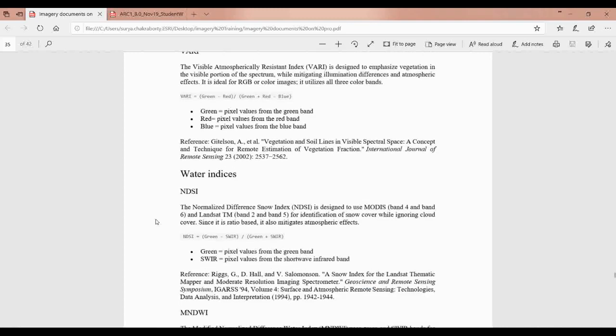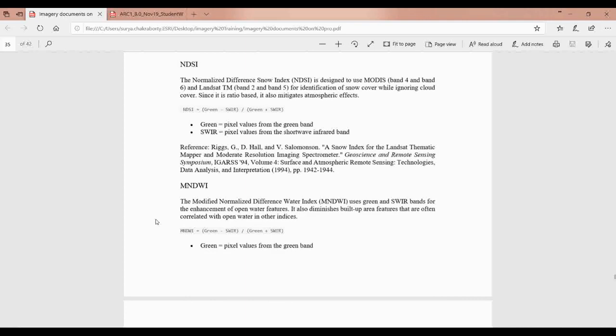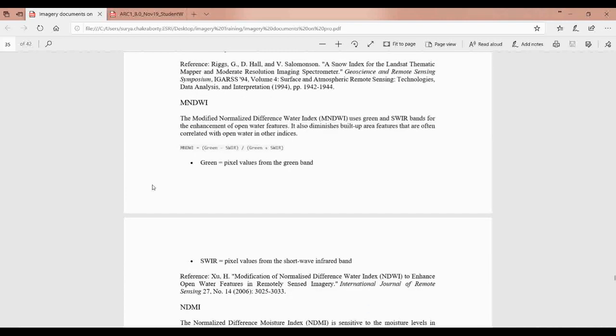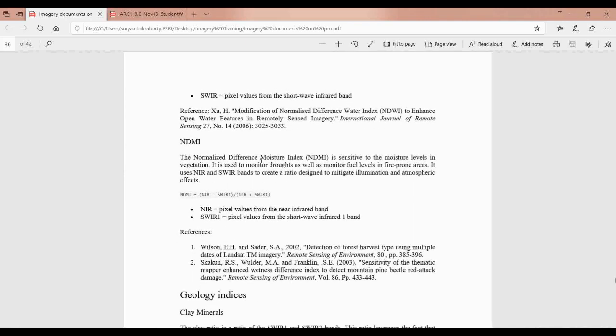Over the water you can do NDSI, the normalized differential snow index, and the modified normalized differential water index, MNDWI. I am going to show you how you will extract the information using this, and that I am going to present in this lecture. And obviously NDMI, that is the normalized differential moisture index.